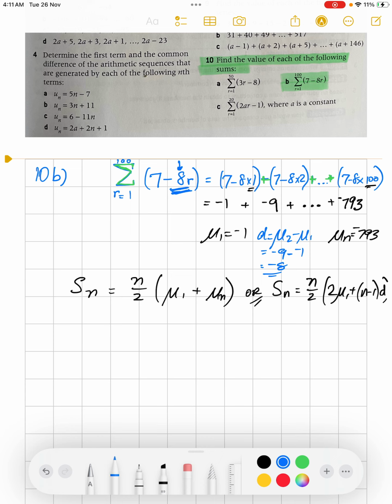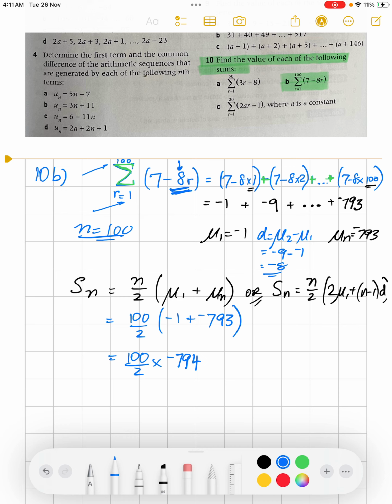So let's substitute. n is 100, because you can see that if you start at 1, you finish at 100, there are 100 terms. So 100 over 2. The first term is negative 1, and the last term is negative 793. That becomes 50 times negative